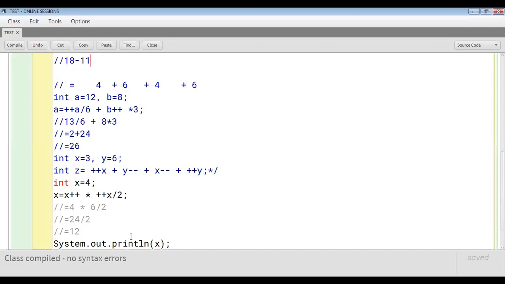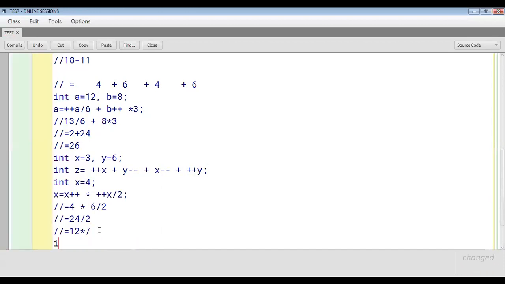Okay, so let's solve one more now. The last one we are going to solve, and I hope all of you give me the right answer now. Write down integer z is equal to 6 and y is equal to 2.